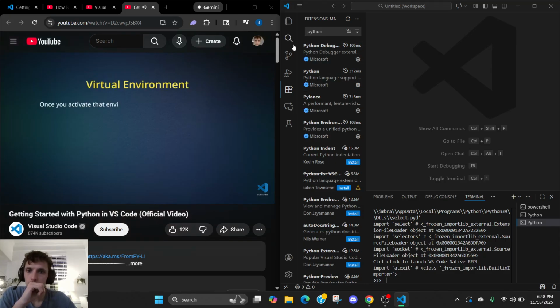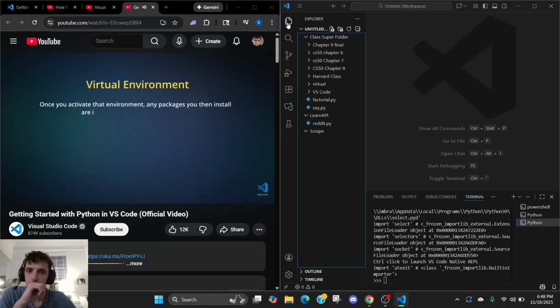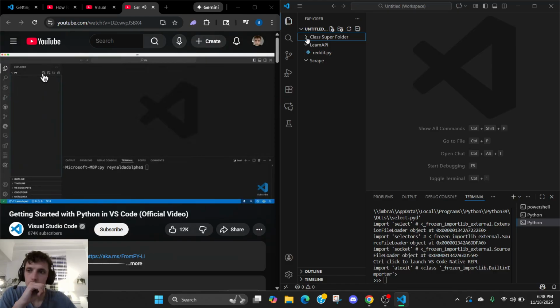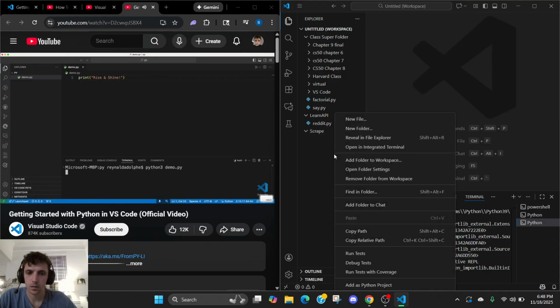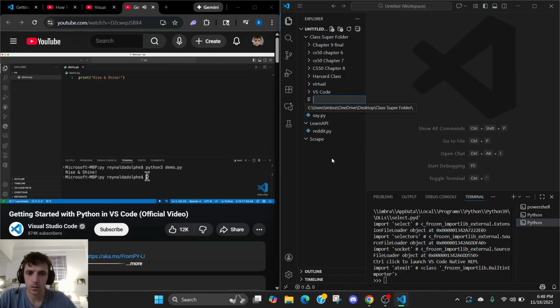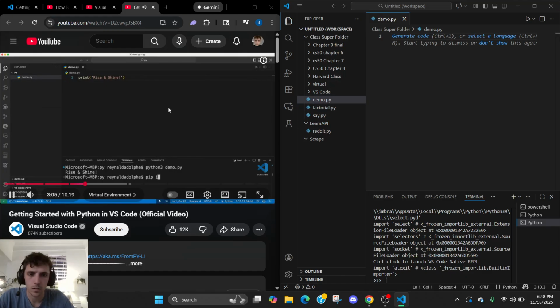Once you activate that environment, any packages you then install are isolated from other environments. So let me just get started by creating a file that we'll call demo.py, and then just adding a simple print statement. We'll save that and just test it real quick by typing in python3 demo.py. Perfect. Now if I wanted to add a package related to Discord, a common approach is to use the